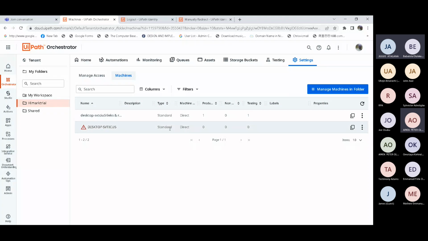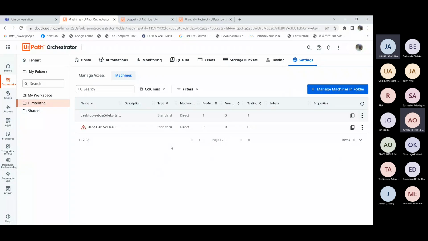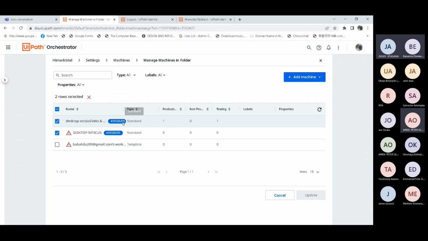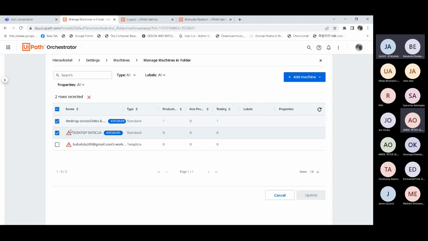Okay, this is it here. What am I supposed to do, sir? You are supposed to add that where you click on manage machine. Okay, manage machine. Use machine templates.